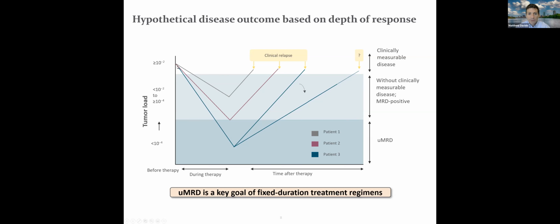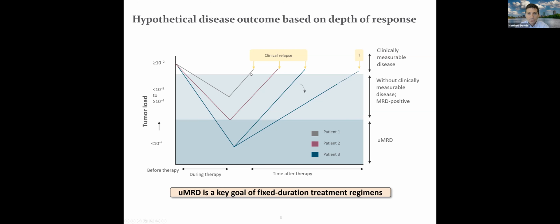And so you can see that treatment will still likely cause some decrease in the tumor burden over time. They get down into this 10 to the -2nd to 10 to the -4th range, and then they stop their treatment. So let's imagine a patient with high-risk disease treated with chemoimmunotherapy. This is not something we generally do anymore, but in the old days when we only had chemoimmunotherapy, there were patients who unfortunately had this course where they just had a very short time of a partial remission. And then within a few months of finishing the treatment, the curve goes back up